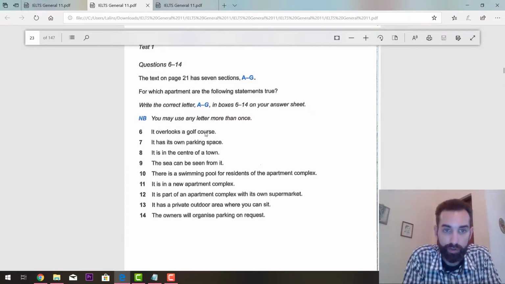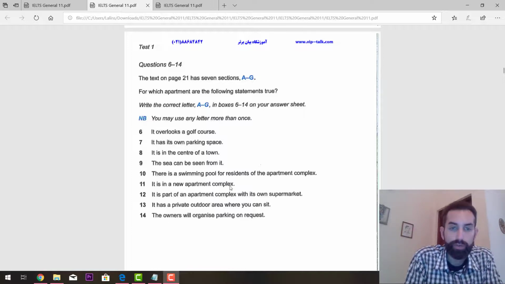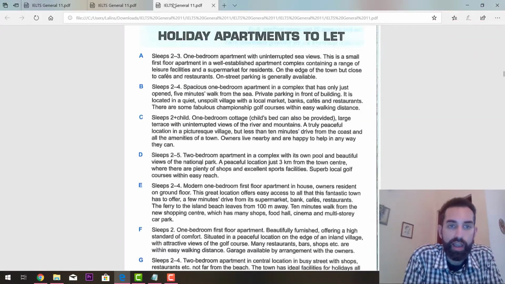So it didn't mention anything about a golf course. 7 has been answered. In the center of a town, no, it didn't mention anything about that. 9 has been answered. There's nothing about a swimming pool, so that's not it. We've already answered 11. We've answered 12. 13, it has a private outdoor area where you can sit. And 14, the owners will organize parking on request. Now, we've looked through all of those. We've answered 4 of them, so 4 of them are irrelevant. Like the ones you've answered, cross them off so you know that you don't have to keep looking for them. And we'll go through